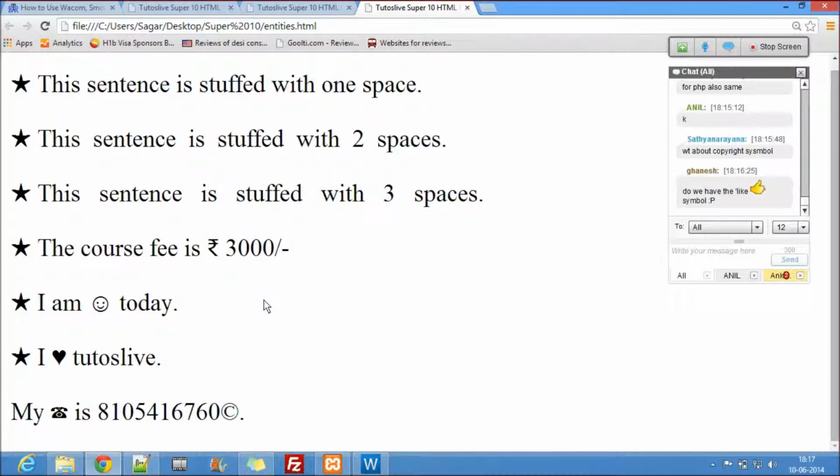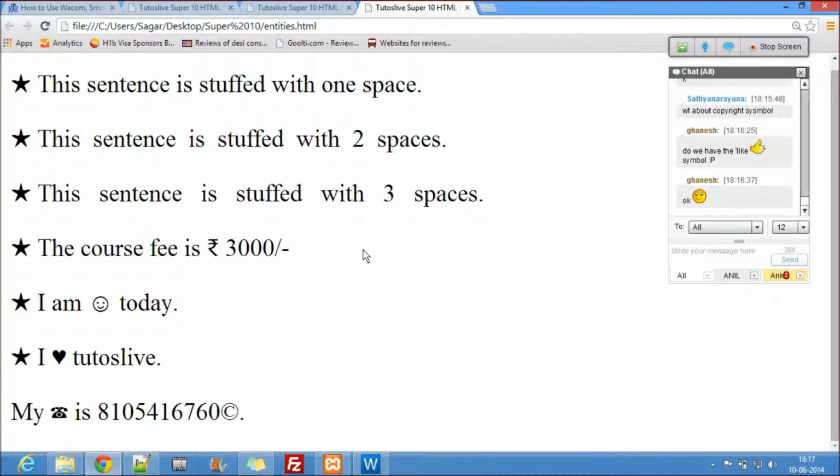I don't know exactly. Alright, so guys, that is about the HTML entities. We have seen the named entities and the numbered entities. We have seen select box. So now let me just review what we have done so far. Let's do a small review of what we actually know, what we can know, and what is not needed. Let me just go through it. So any questions in entities?